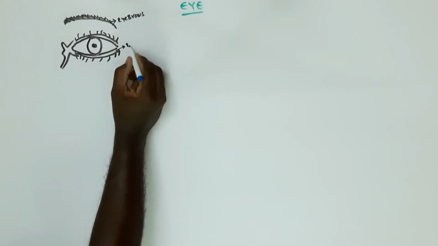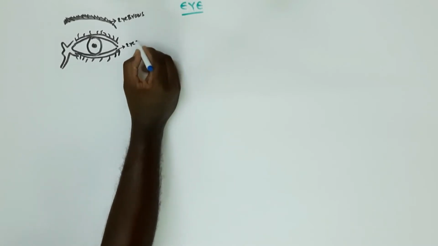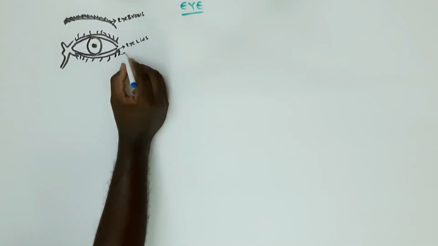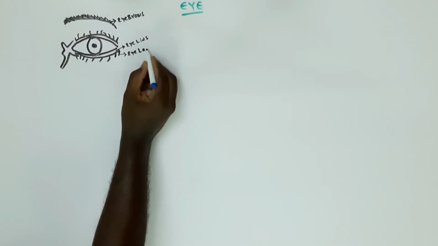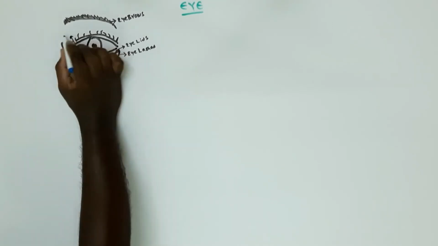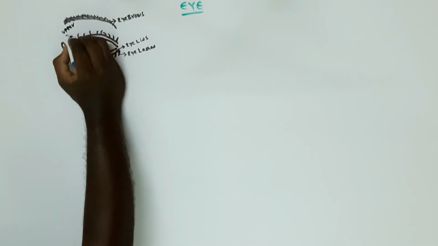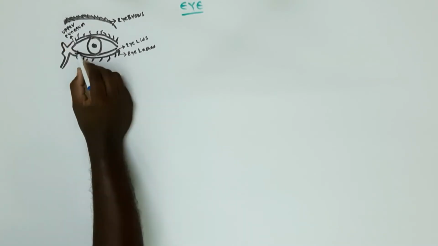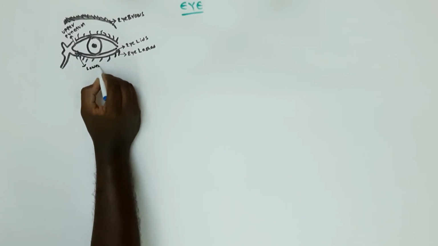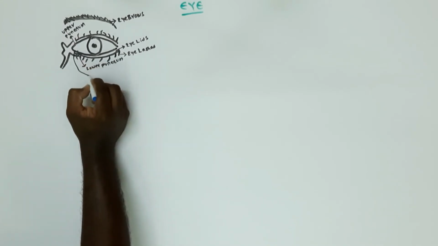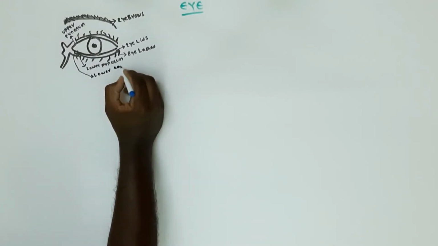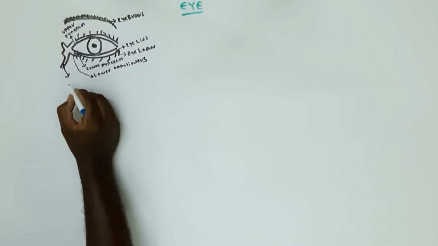Eyelids are the two movable folds of tissue situated above and below in front of each eye, and eyelashes are hair at the edge of the eyelids to protect the eyes from dust. The upper and lower punctum are present inside the edge of the eyelid near the nose. They take tears out of the eye each time we blink. From here, the upper and lower canaliculus take the tear from the punctum to the lacrimal sac and to the nasal cavity through the tear duct.